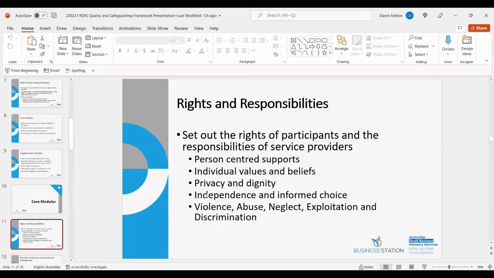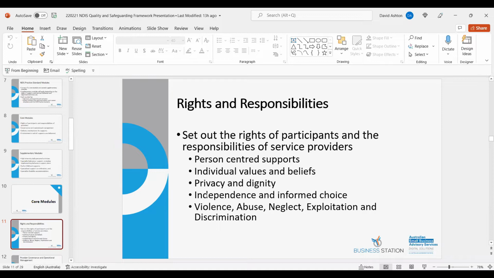So, personal privacy, confidentiality policies you need to establish, and personal information. So basically a privacy policy outlining how you collect information, why, how you store it, use it, dispose of it, how they can access that information.